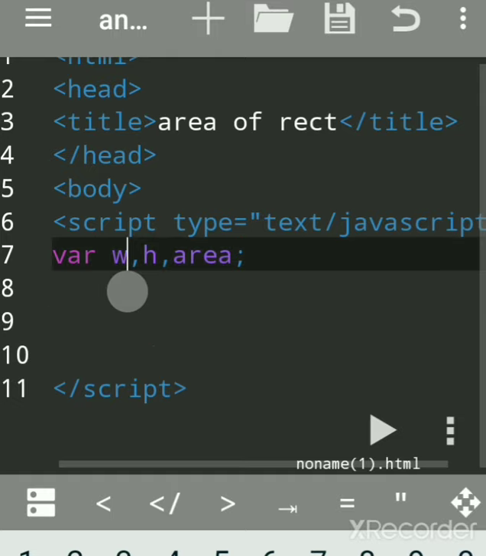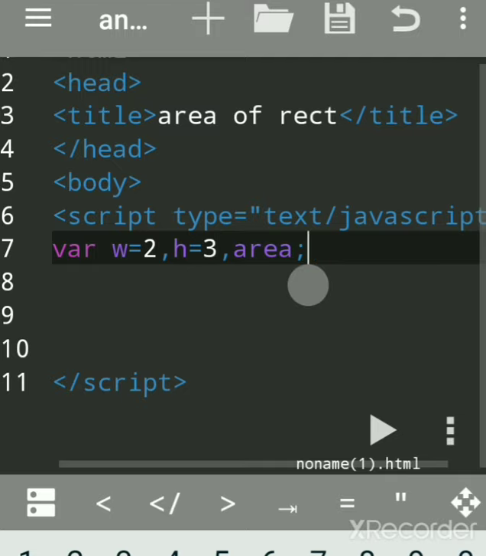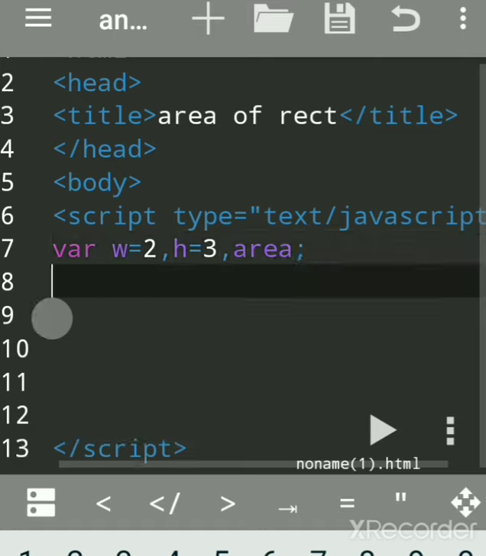Now we will either directly assign the values, suppose 2, which is called initialization, or we can input also. Here values are directly assigned while declaring the variable, so no need of taking input. If you want input, after completing this I'll show you how to input the value.